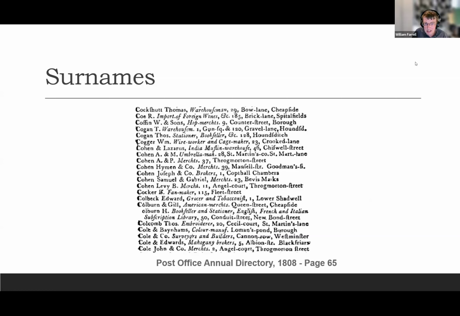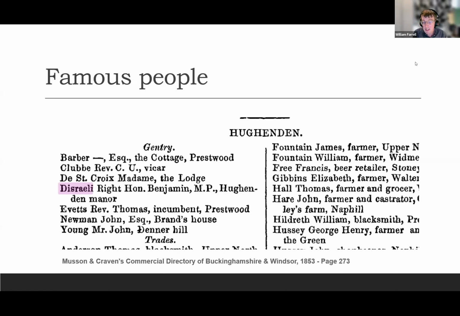You can use the directories to find famous people. This was one of the purposes of the 18th and particularly the 19th century directories. They made an effort, as I said earlier, to put the addresses of prominent people. And so you can find people like Disraeli listed in, this is in the General Street Directory listing for Hughenden in Buckinghamshire, where he later lived. He's there along with all the people in that village, or the prominent people in that village.